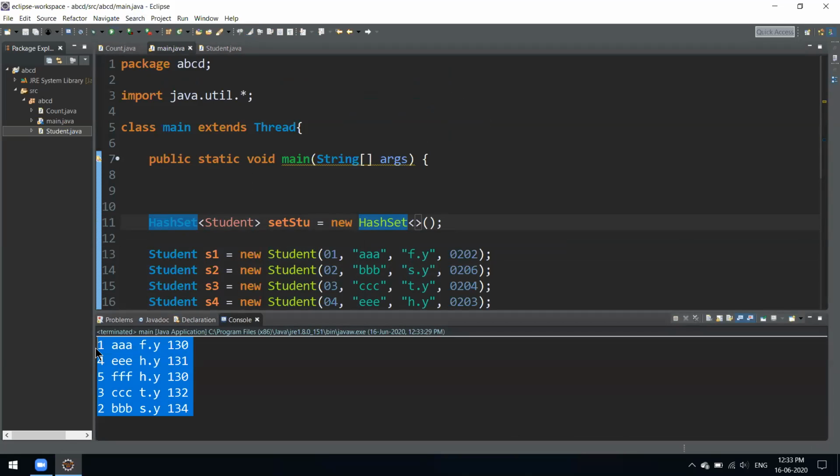Okay, the hierarchy, if we try to go through this hierarchy, HashSet extends AbstractSet, and it is extended by the Set interface. So if we see the whole hierarchy, it is also extended by the whole superclass, and the whole of this is the collections framework, and above that is the Iterable interface only.